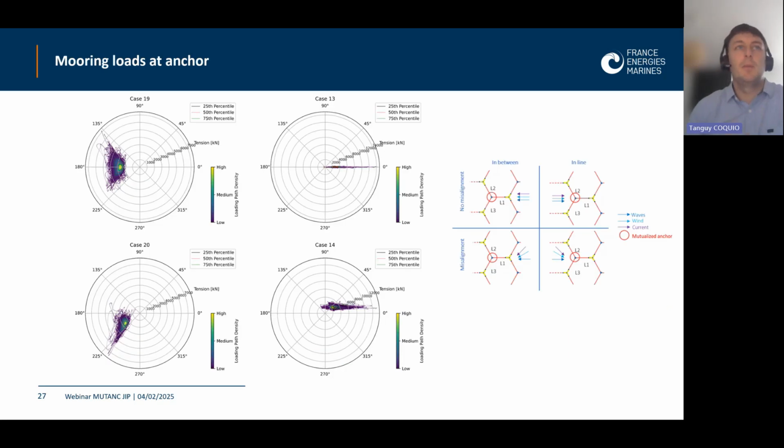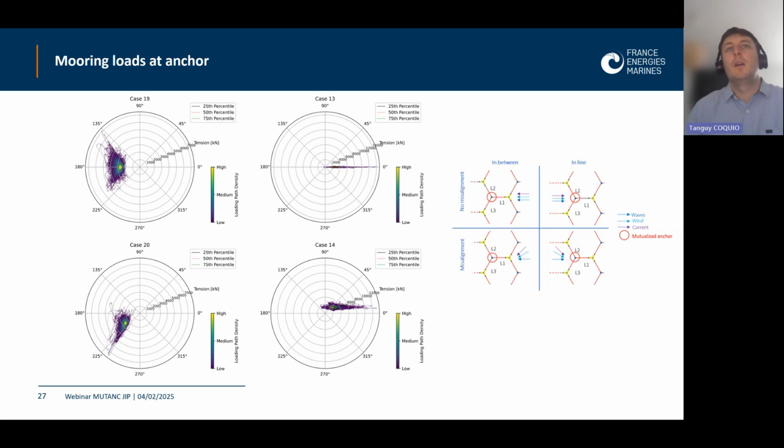As I said, there are 4 types of loading, and they lead to very different loading behavior at the anchor. You can see, like on the top left, for example, when the environment is coming in between 2 lines, the 2 lines are very stimulated in alternance, and so you can see that there is a wide variation of angle at the anchor for the loading, but you do not have an important tension or an important loading at the anchor. Still, it can be